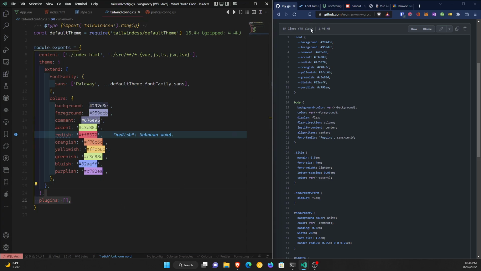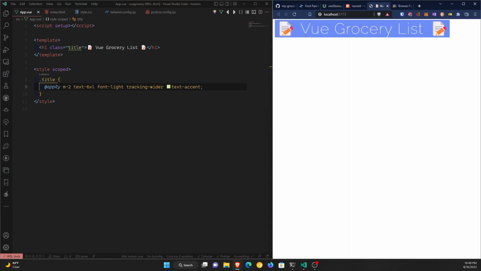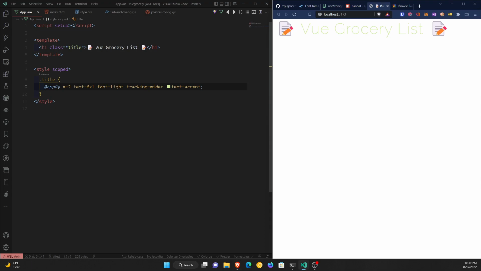So now I can see that my title is just the accent color. So I can actually tell here to use text-accent. I save it, and now I have that greenish look of my title. But it doesn't look that well yet because we need to change the background. And to change the background, let's actually do